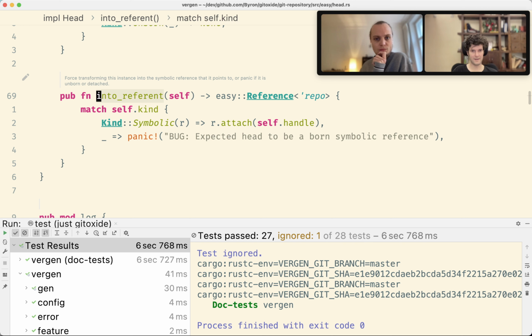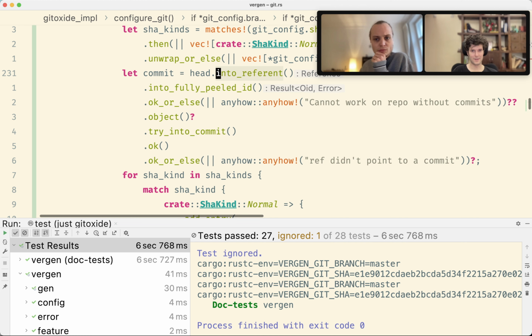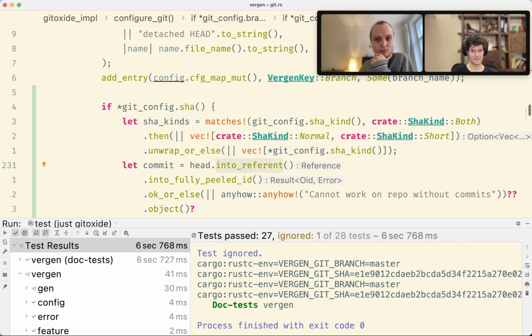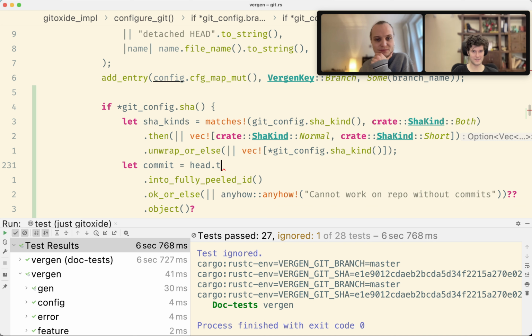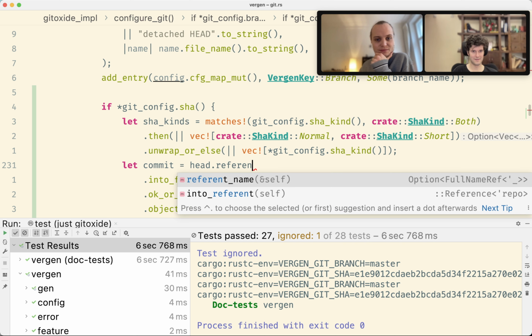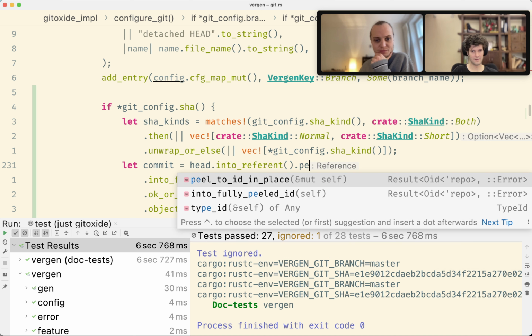So that can panic. That's a bit mean, but try, it doesn't have try into reference apparently. So that would be nice, or I don't see it here. Yeah, so try into referent, but in theory then you can,